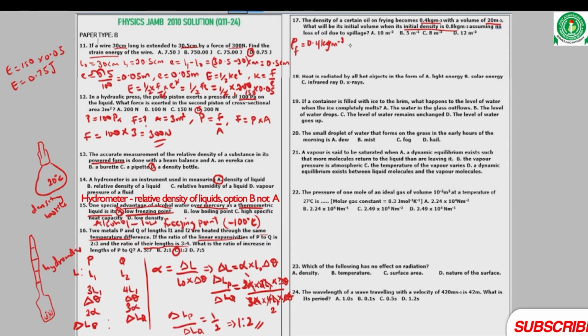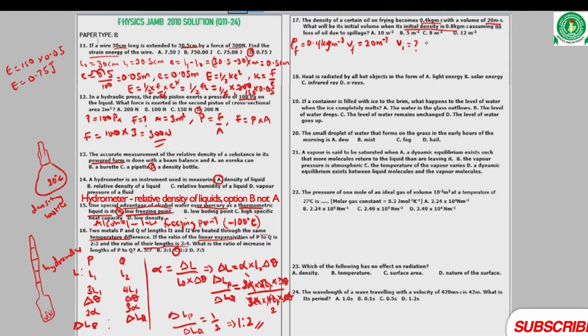Then its volume while frying is equal to 20 meter cube. And we have to calculate the initial volume, VI,